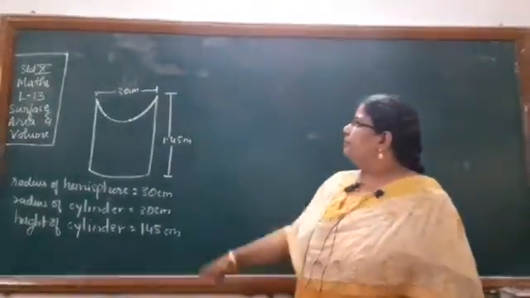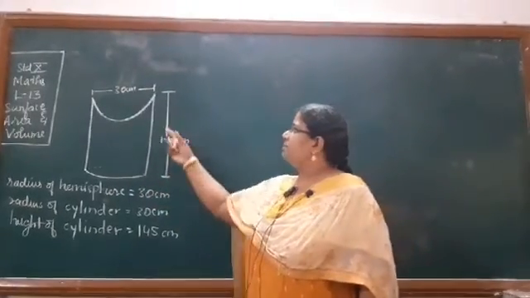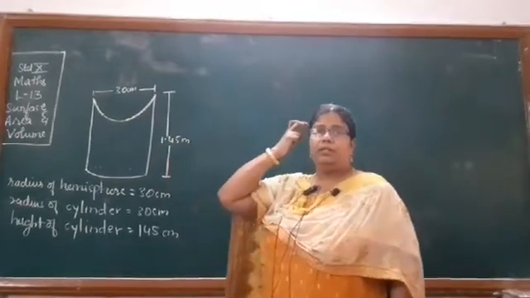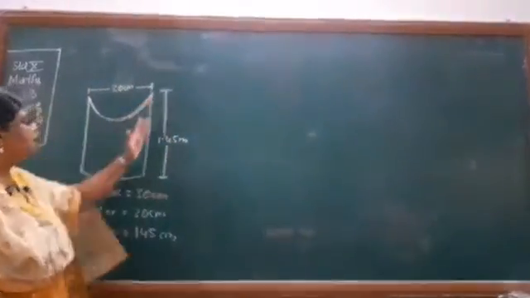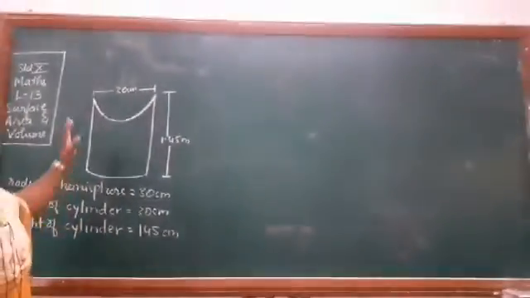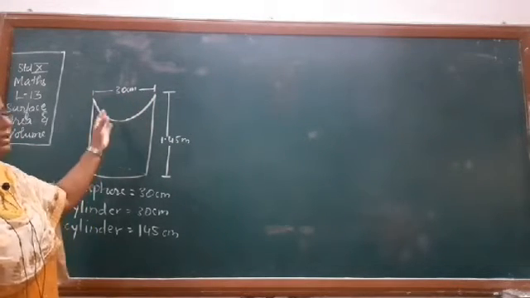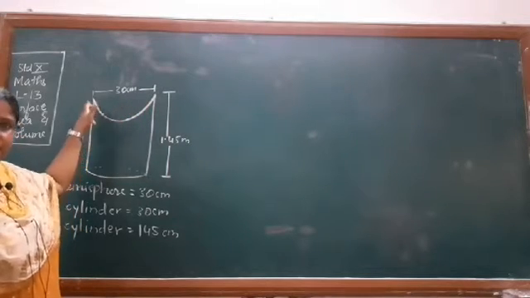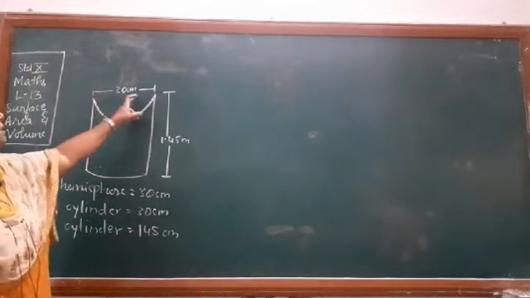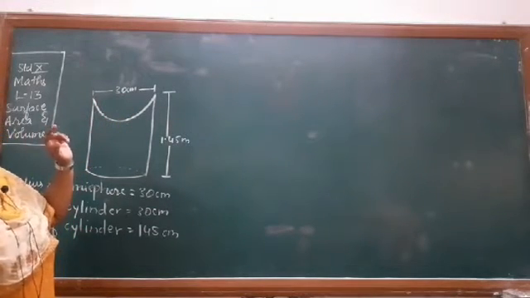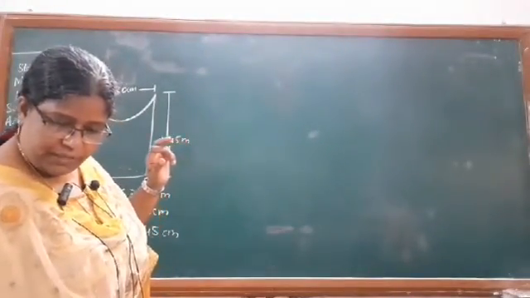Now you see here, this is the cylindrical part of the bird bath and there is a hemispherical depression at one end of the cylinder. The height of the cylinder is given as 1.45 meter, and the radius of the cylinder and the hemisphere are the same, because the depression is made from inside that cylinder and it is hemispherical in shape. It is given as 30 centimeter radius.